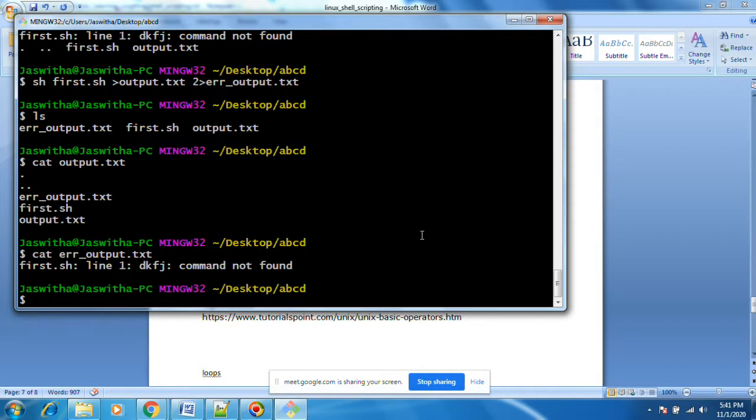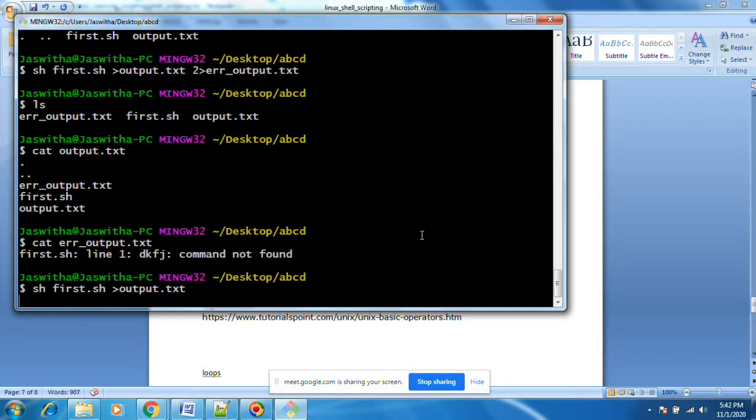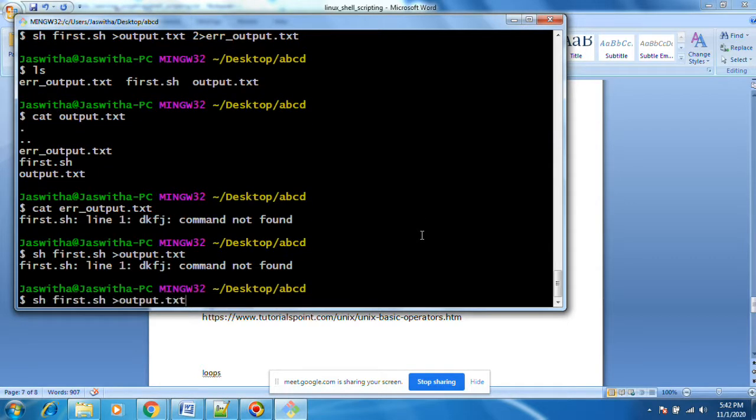Now suppose there are thousands of exceptions that we don't require to monitor. In that case, if you don't give this error redirection, we'll get that exception. If you give 2 greater than slash dev slash null, I think this error is common and I need not monitor it. These kinds of errors, thousands of exceptions, I don't want to monitor.